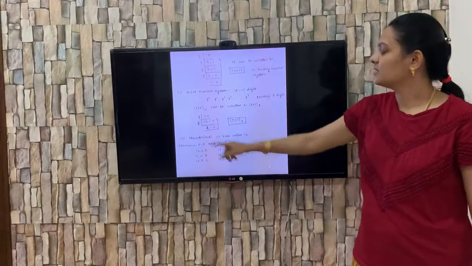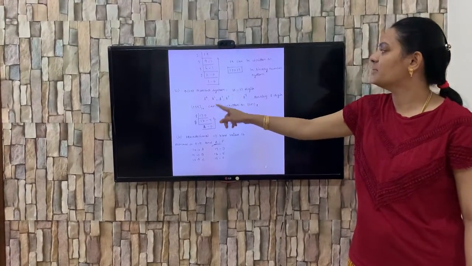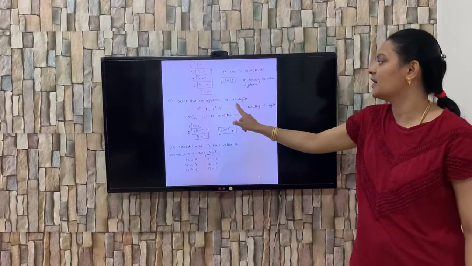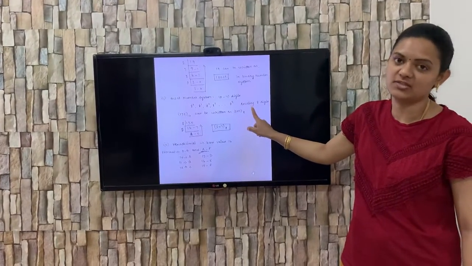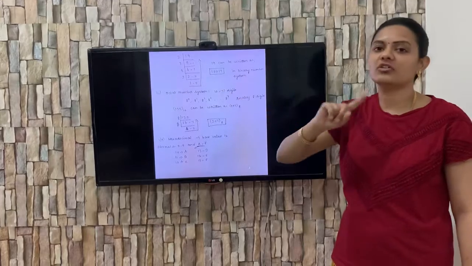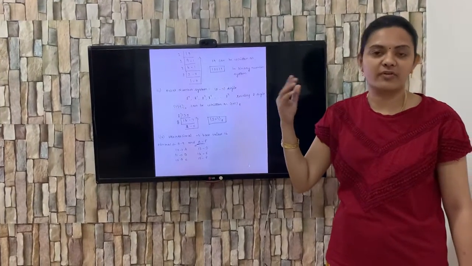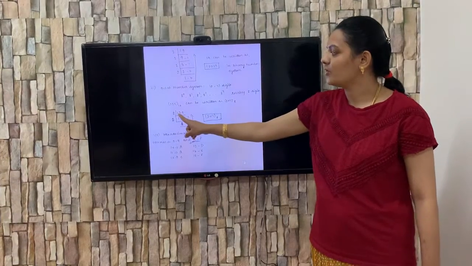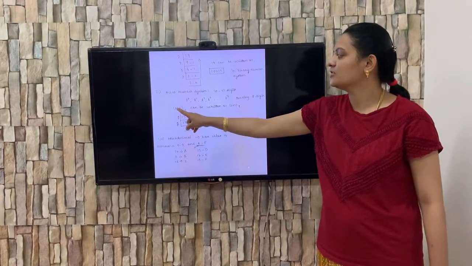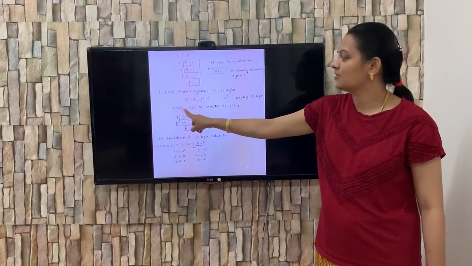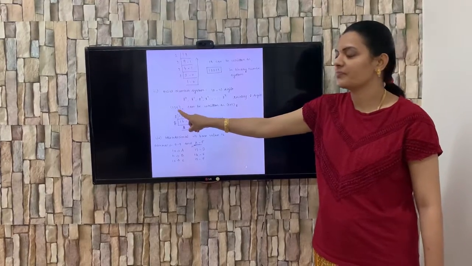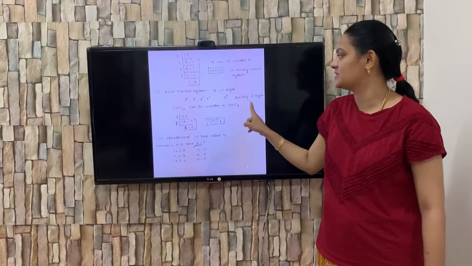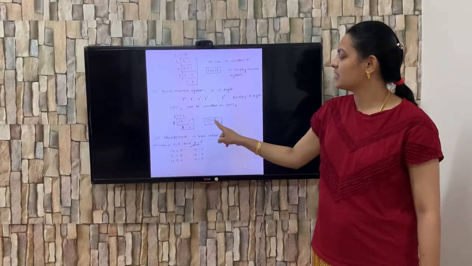And then comes the octal number system. Nothing but 8 to the power of 1, 8 to the power of 2, 8 to the power of 3, like that, and it will have totally 8 digits, 0 to 7. You should not write 8 to the power of 9 or 8 to the power of 10 like that. The same way I have calculated 135. I have written this 135. It is in base 10, so this is the decimal number system. I have changed it into the octal number system in the form of 207 base 8.